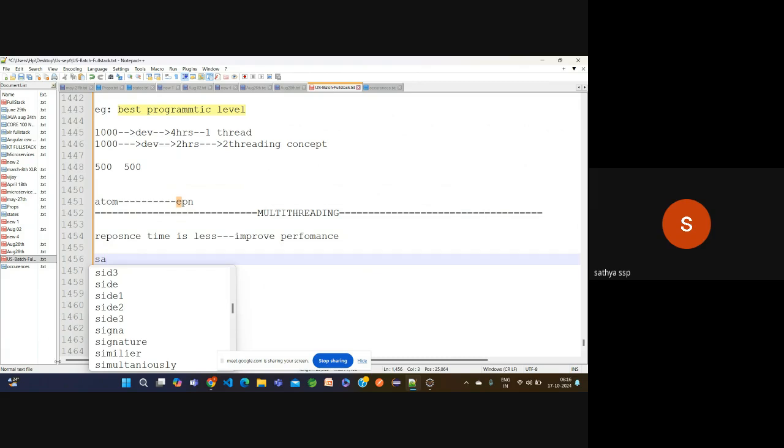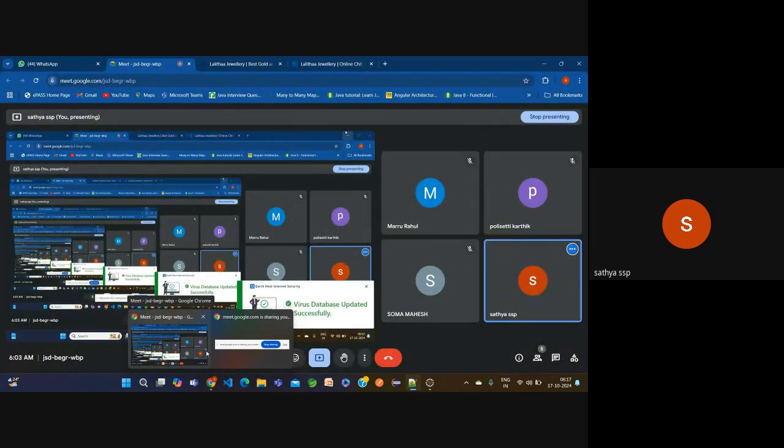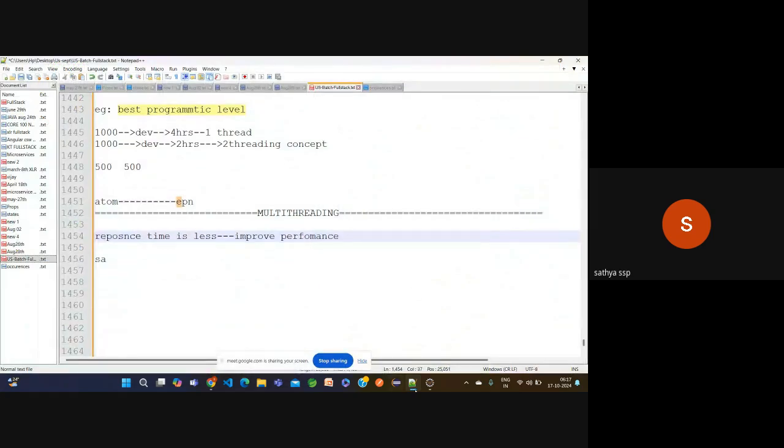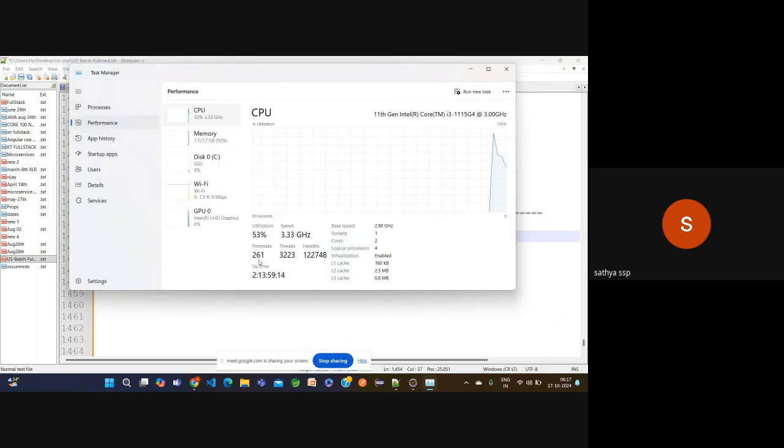Right now in my system I opened only Google, and inside it we are using WhatsApp and some other applications, and again Notepad plus plus and Eclipse. I opened only three applications, but in the background how many are running? See, 261 processes are running internally.